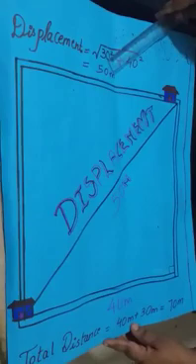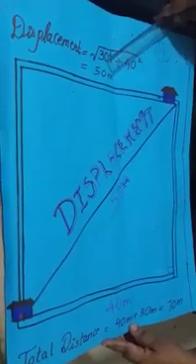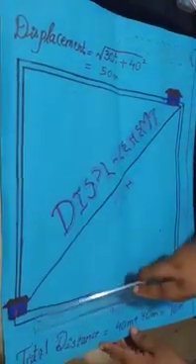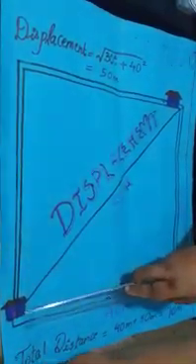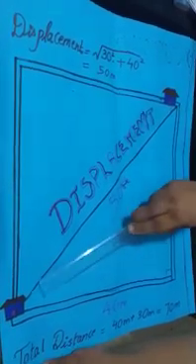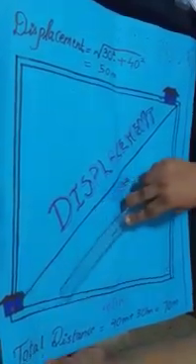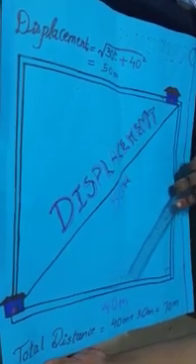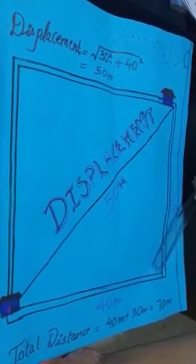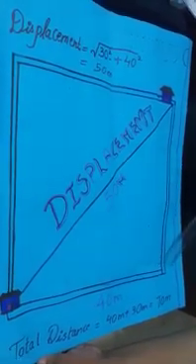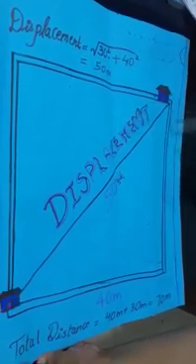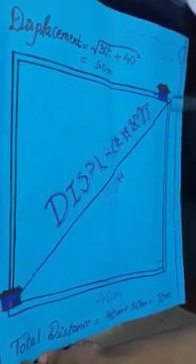Now to understand the next concept, distance and displacement, let us see the example. For example, this is your house and this is your school. Now you start from your house and you take this path and move forward and reach here. This distance you have covered is 40 meter. Then you take a turn from here and move in this direction and reach the school. This distance which you have covered is 30 meter.